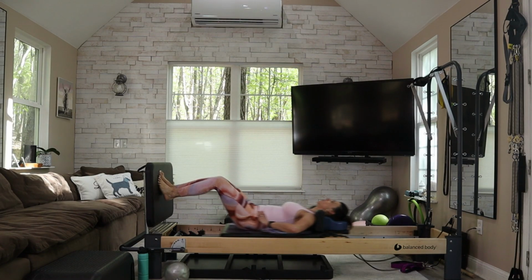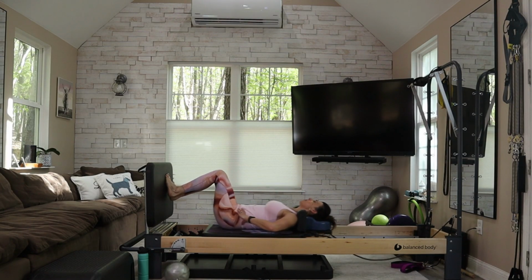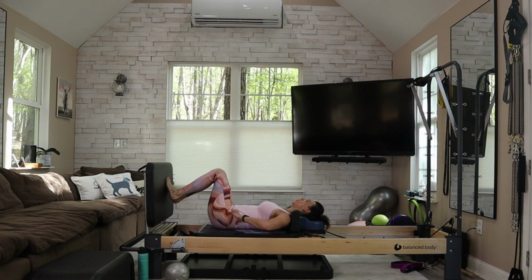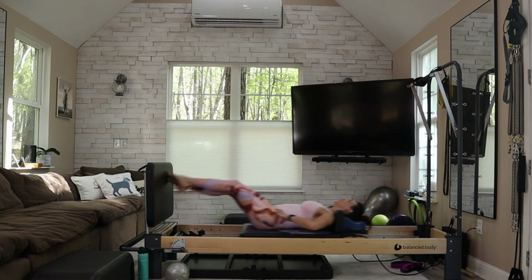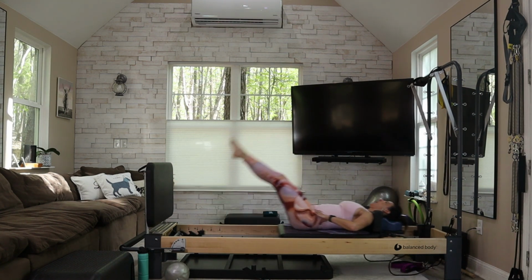For 4, 3, 2. After this last one, we're rainbowing them from side to side. Jump off, sweep them over. 3. This is our last set. 4. Make it count. 5, 6, 7, 8,